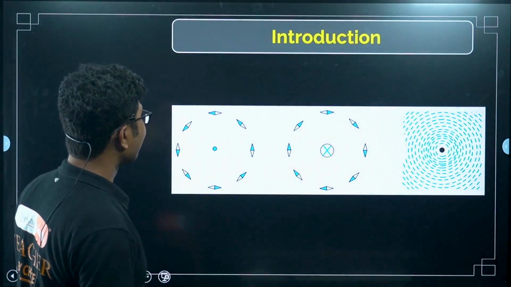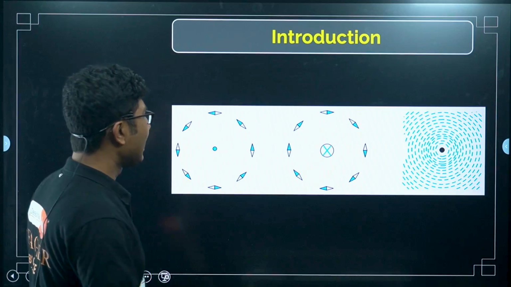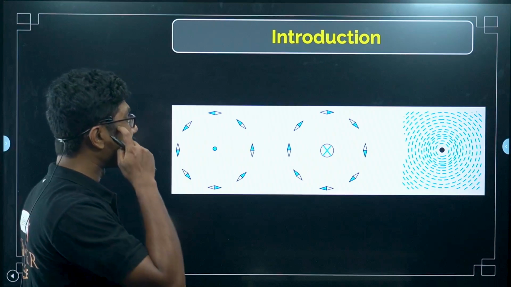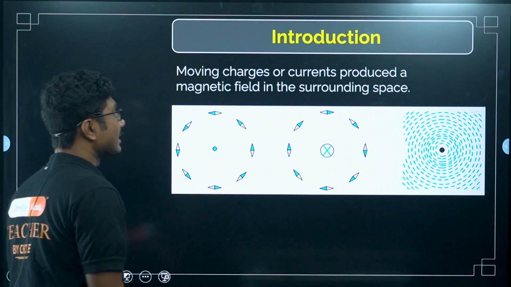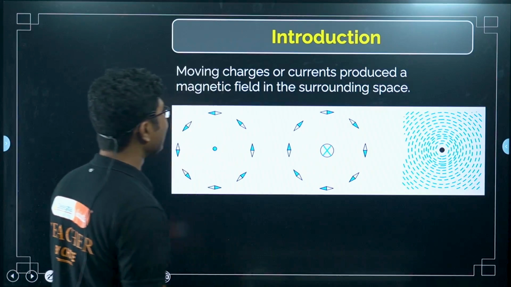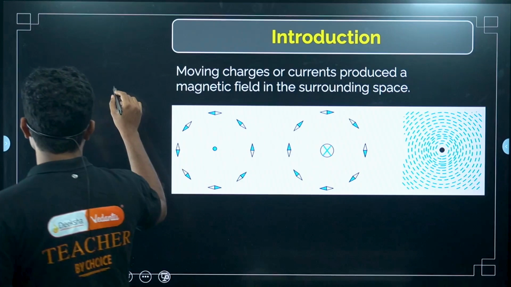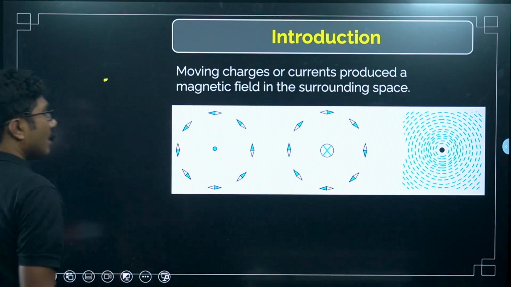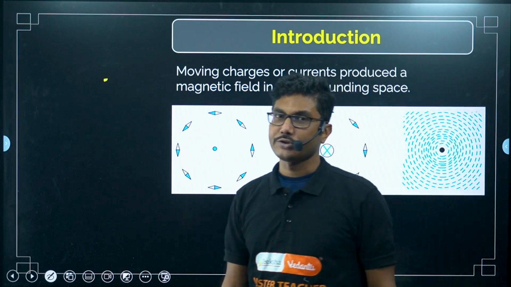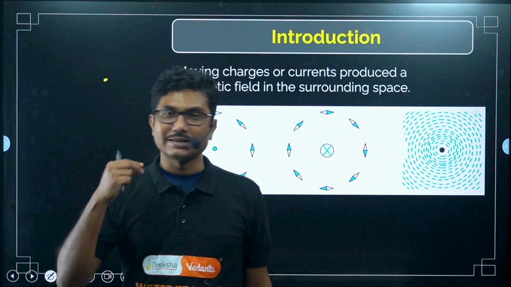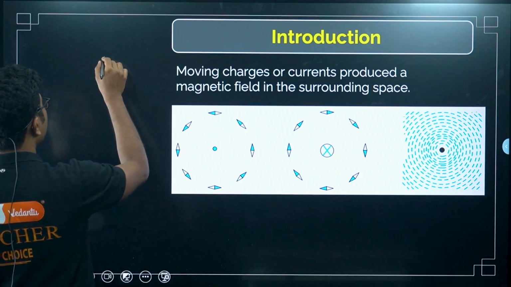Now let's start with the introduction. So we know that whenever there is a current or a moving charge, there is a magnetic field associated with it. So moving charges or currents produce a magnetic field in the surrounding space. Normally if the charge is static, there is no magnetic field associated with it, only an electric field. We know that everything in the electrostatic field we have calculated, right? But as soon as it starts moving,